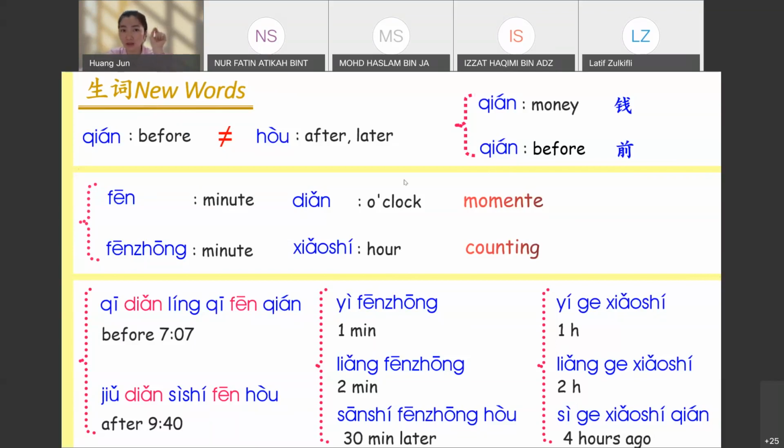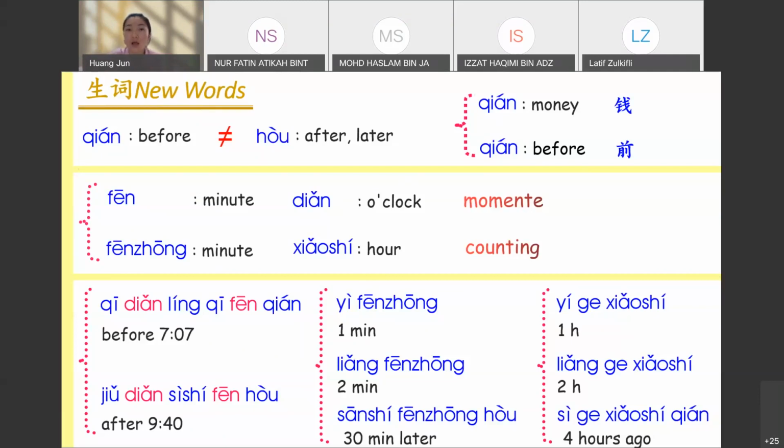点 and 分 are a pair of words, o'clock and minute, used when you're counting the time, exactly what moment it is. But 分钟 and 小时 are used for counting duration. Like our examination has 2 hours. If I didn't tell you the starting point, you don't know what time it is. You only know it's 2个小时, 2 hours. But 点 and 分 are used for talking about 5点, 5 o'clock. So if we give you the start from 5点, you will know the examination is from 5 to 7 o'clock.